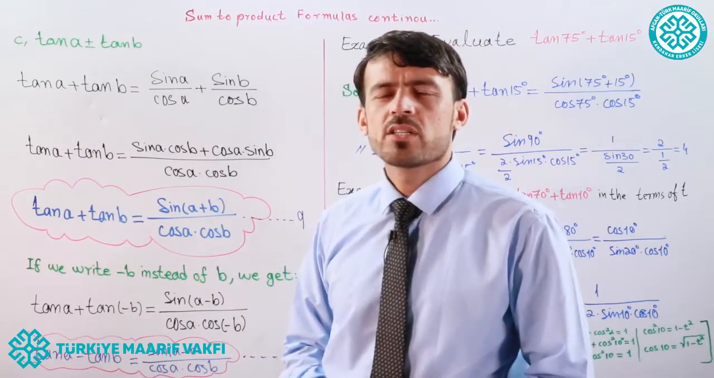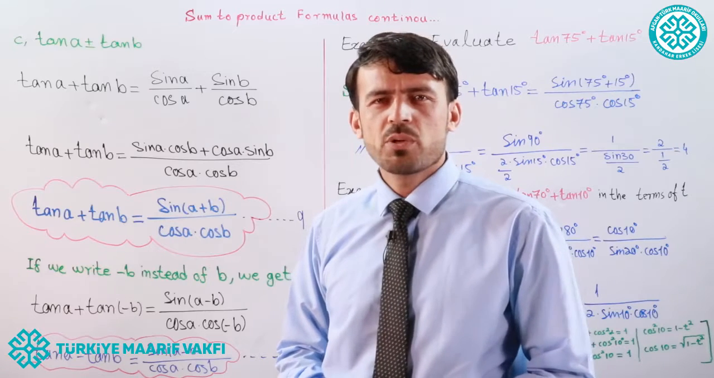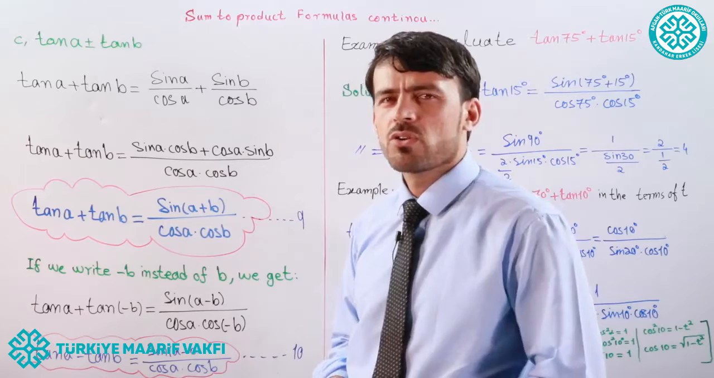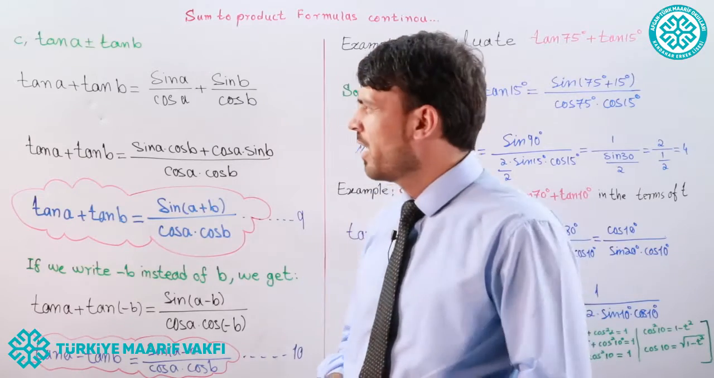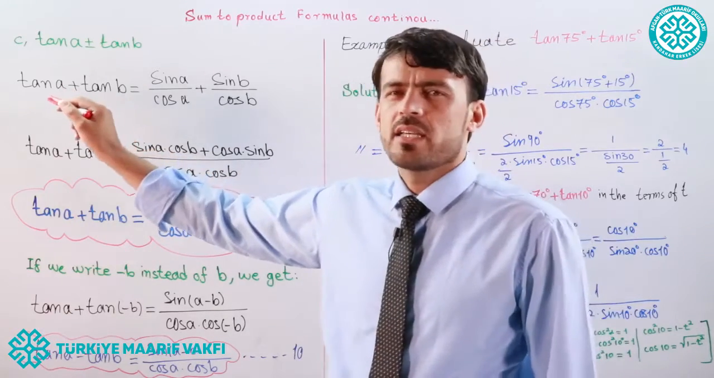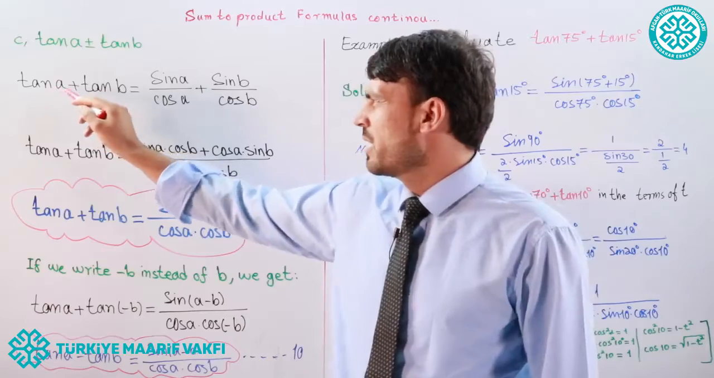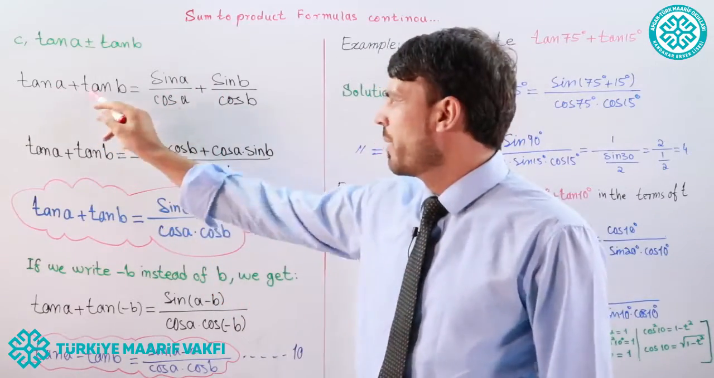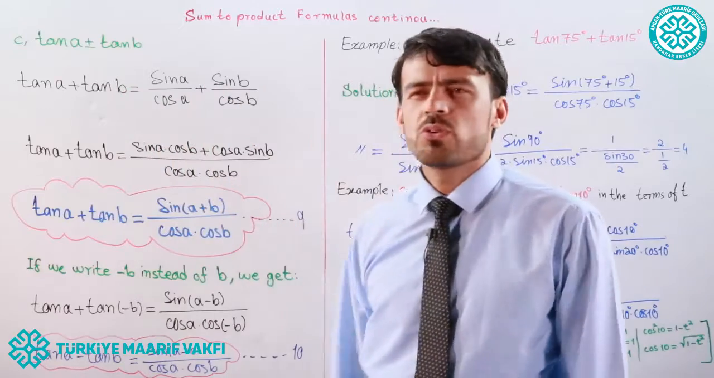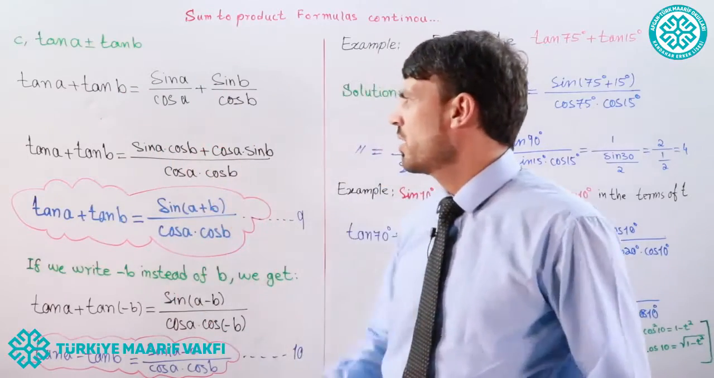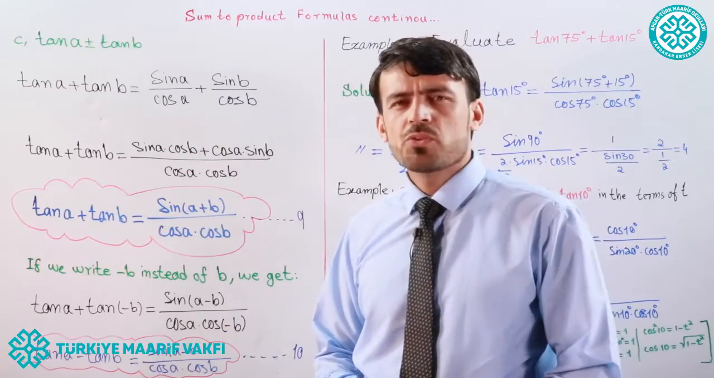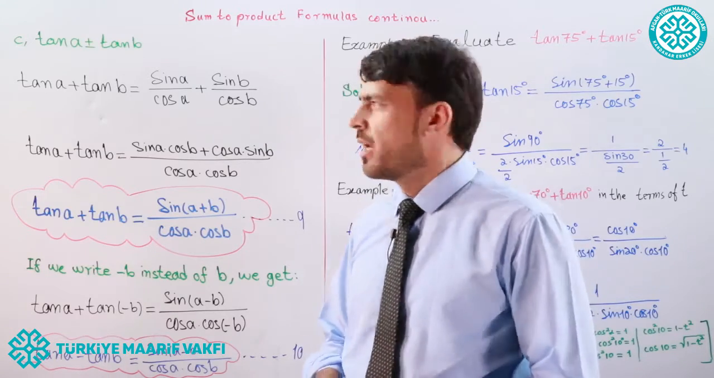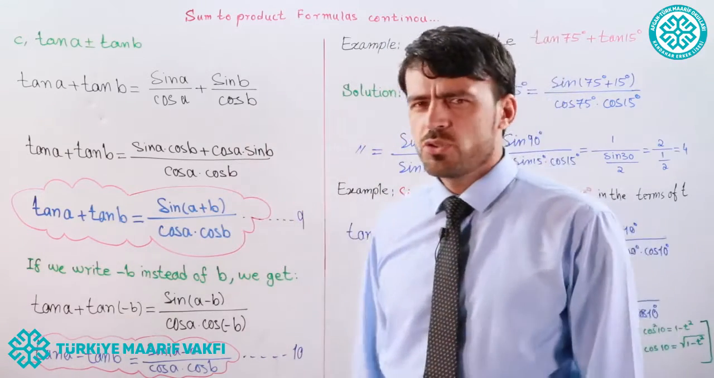We know that the tangent of an angle is equal to the sine of that angle over the cosine of that angle. Here the angles are A and B. Tangent A is equal to sine A over cosine A, plus tangent B is equal to sine B over cosine B. Here we have two fractions to add. If we add these two fractions,